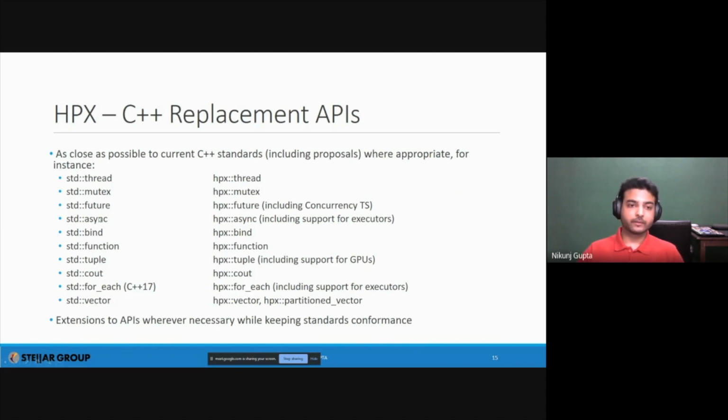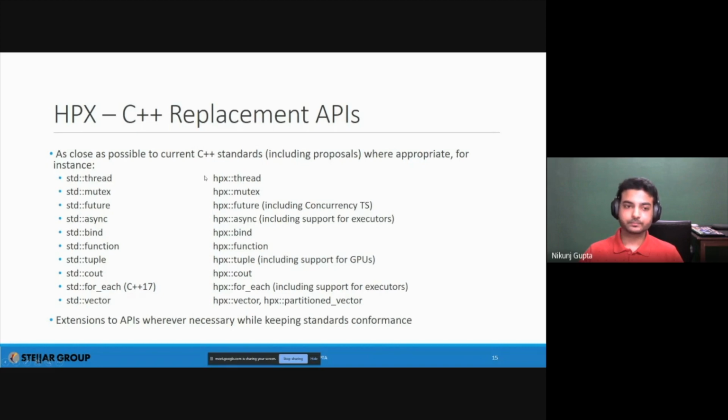And just for reference, things like threads, mutexes, futures, and async were re-implemented because we have our own threading subsystem. It's a very lightweight subsystem, because C++ uses pthreads for the implementation, or on Windows it uses the Windows threading system, and those have really high overheads of creation and deletion. So we needed a way to get around it, so we created our own user level threads, and based on that we have our own thread pools, and our own implementation of threads, mutexes, futures, and so on.